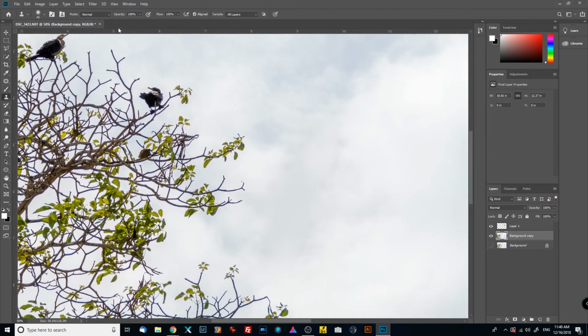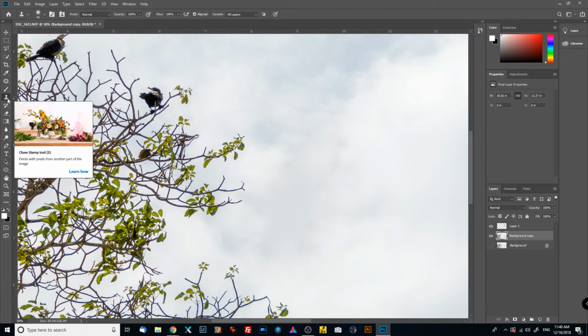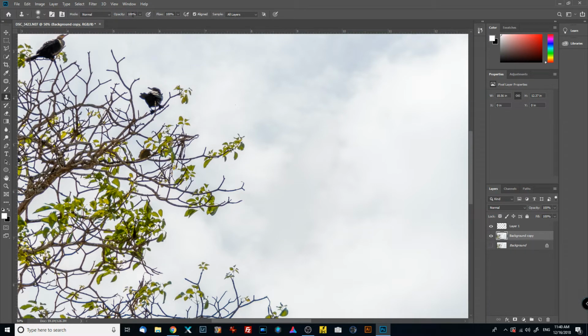So what I did here, any tool that you click gives you the tool options on the top. You see how this is changing. So for the clone tool, I had something else selected that I used before, and I didn't want to use that, so I clicked the normal mode and opacity 100%, and I can show you in the next stream what that means. So now we're not gonna do it because we don't have time, but anyway,